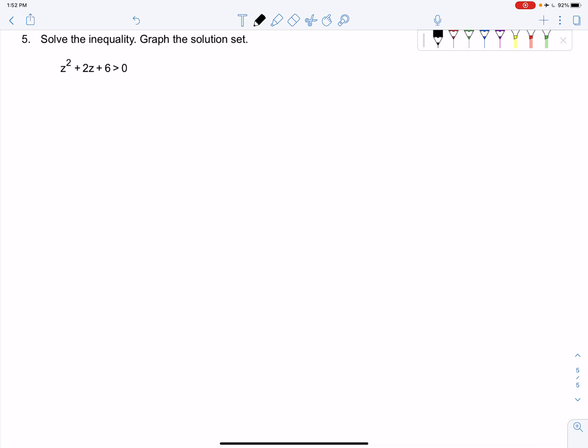So we look at this last problem, and what multiplies to 6? I'm sorry, there's a z's, aren't they? What multiplies to 6 and adds to 2? And that's not possible, so we go ahead and use the quadratic formula again. Of course, we know that A is 1, we know that B is 2, and we know C equals,